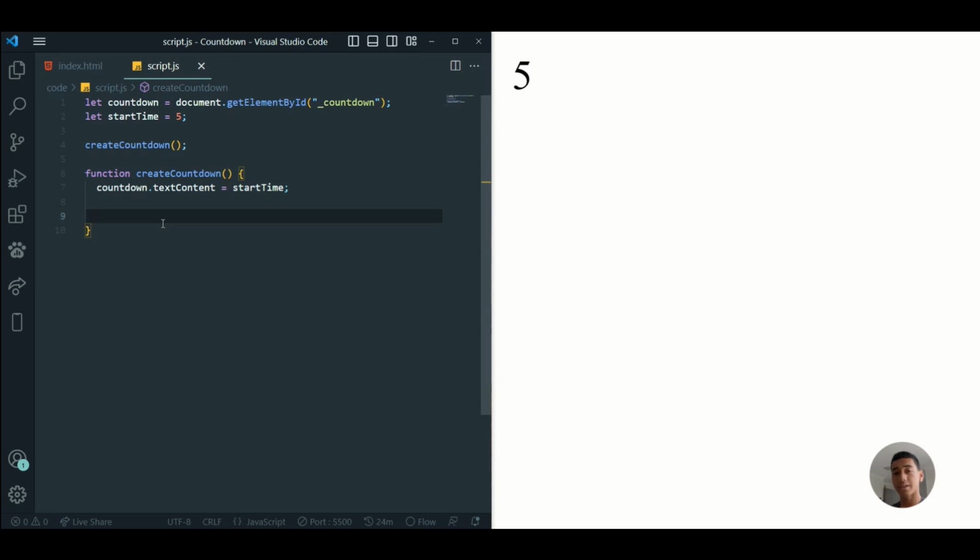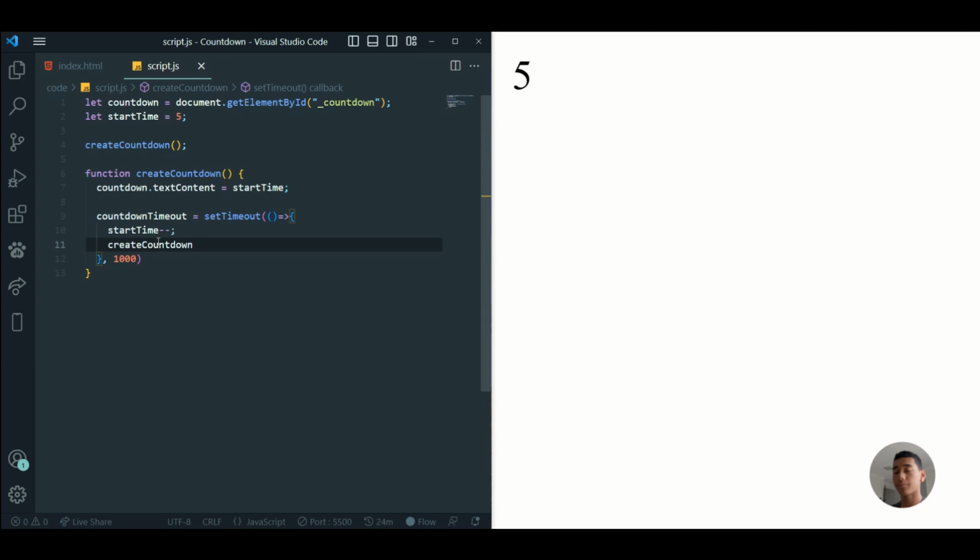And we're going to use something called setTimeout, where after a certain amount of time, the code inside that setTimeout will run. So we're going to use a variable to hold this setTimeout function. We'll just call it countdown timeout. And then we're going to use a comma here, and this value holds the amount of milliseconds before the code within this setTimeout function runs. So that's going to be 1000 milliseconds or 1 second, because we're going to be decreasing this value after a